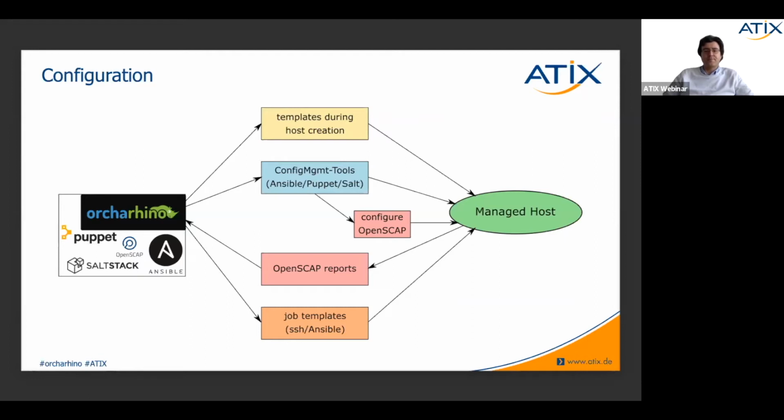so that the configuration on the client matches the one which is defined on the master. SaltStack, in this case, is sort of a hybrid. You can run it the same as Ansible and push the configuration via SSH, or you can run it as a client server system like Puppet. In general, orcharhino is the master in both cases, but it's not necessary. You can also use an external master and just tell orcharhino that there's an external master and redirect the reports which are provided by the tools to orcharhino so that they can be monitored centrally.